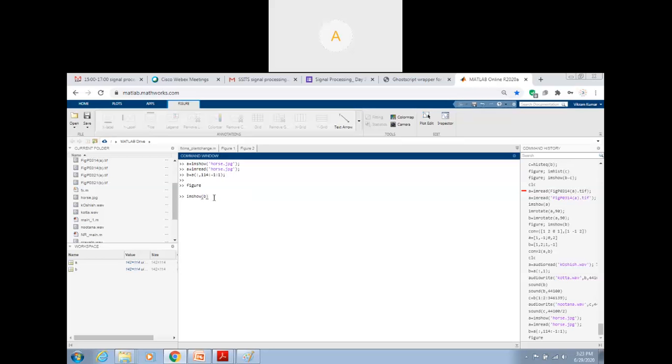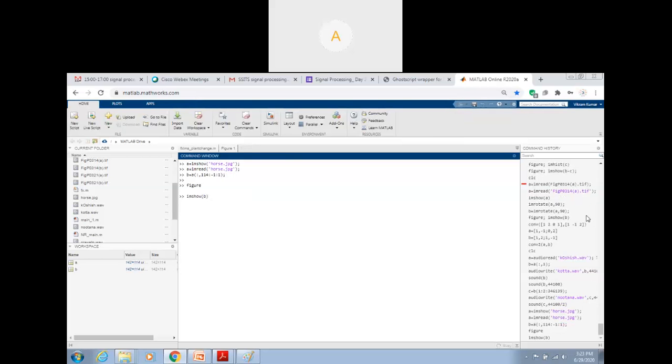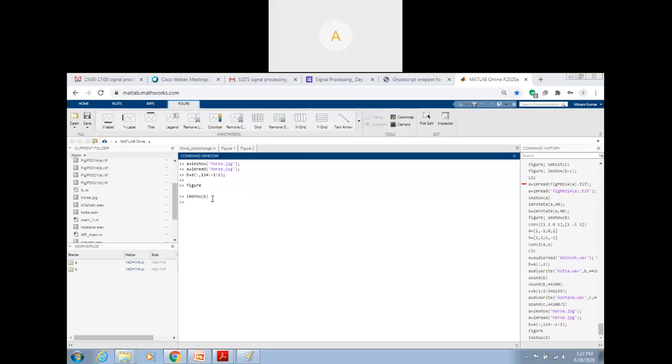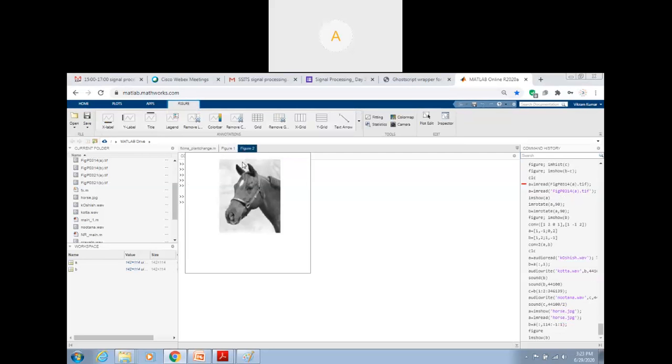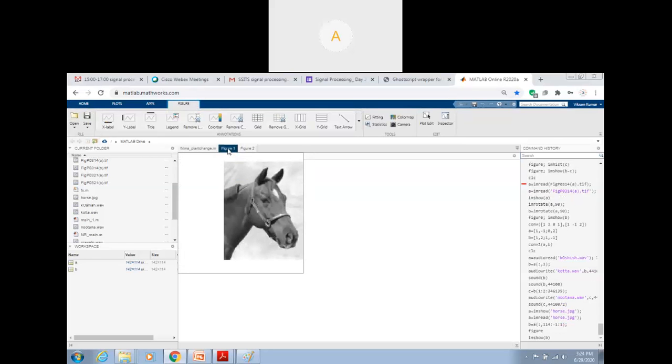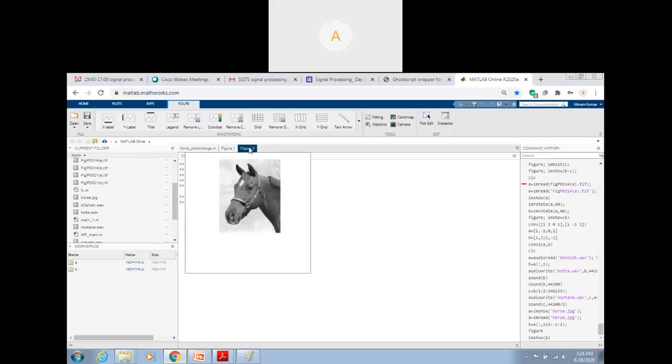I think you are able to see now. The second figure has come. Did you observe the difference? Figure 1 and figure 2, let me put them side by side. Here this is figure 1, and now you see the mirror image in figure 2.